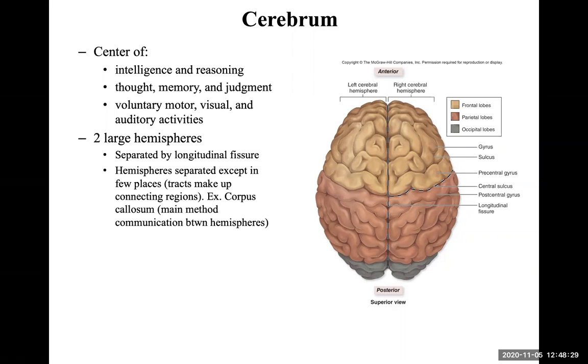So the corpus callosum is made up of tracts that connect the hemispheres, and provides an important way by which those hemispheres communicate. We'll see when we talk about seizure activity that those hemispheres, that when someone has seizure activity